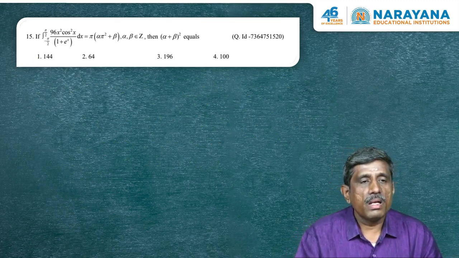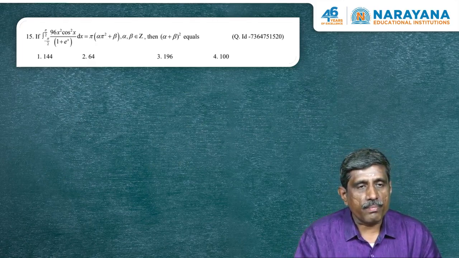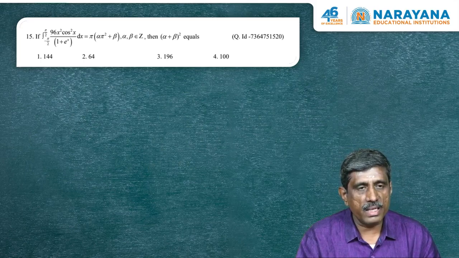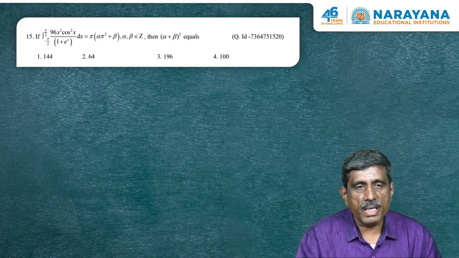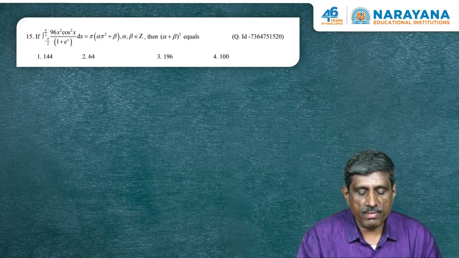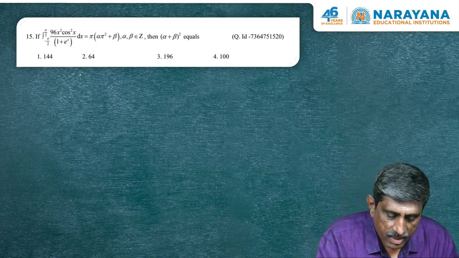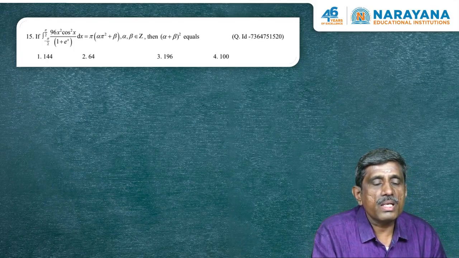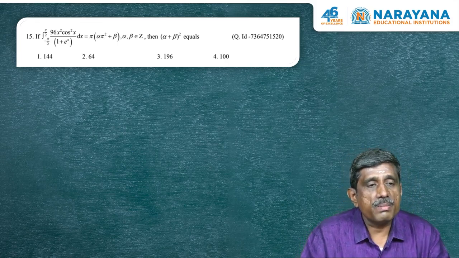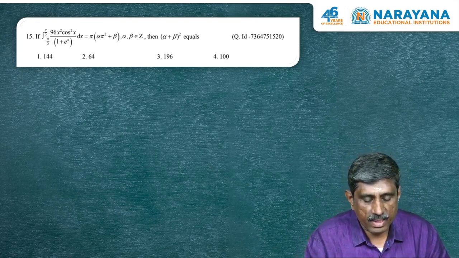If integral minus pi by 2 to pi by 2, 96 x square into cos square x divided by 1 plus e power x dx is equal to pi times alpha pi square plus beta, where alpha and beta are integers. What is the value of alpha plus beta the whole square? We have to find the value of this expression. Let us do directly. Let us apply the King's rule. Means when we replace x with a plus b minus x, which is minus x here,